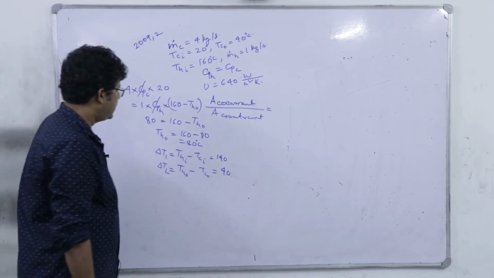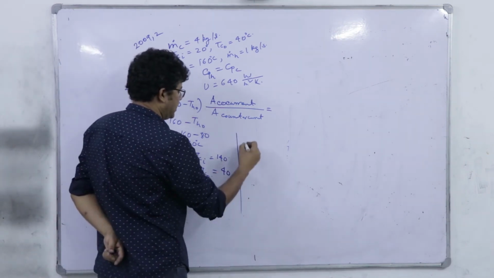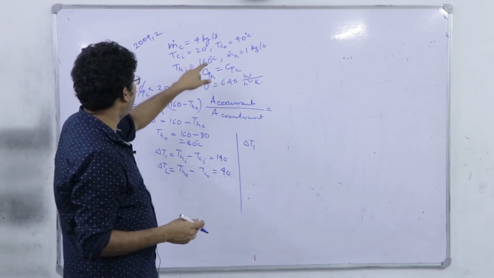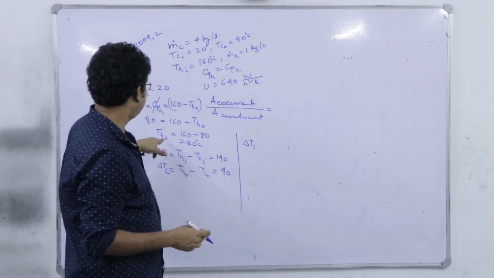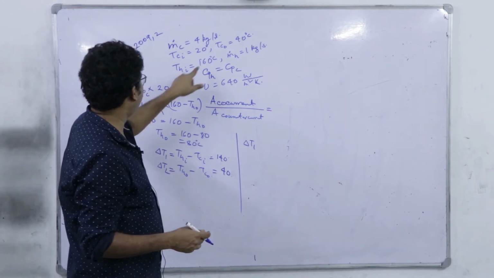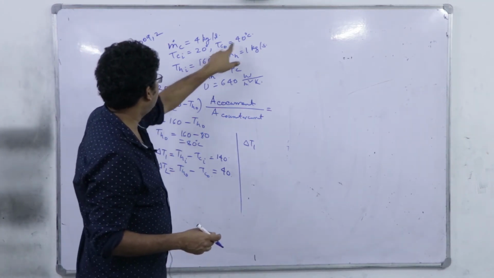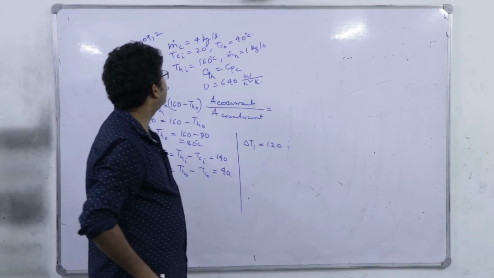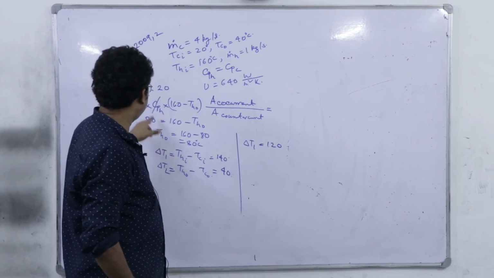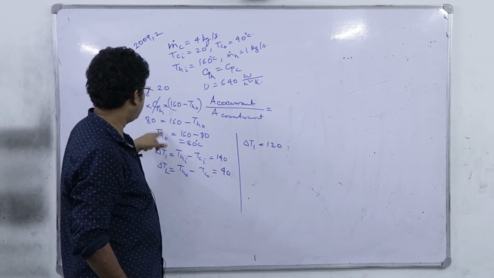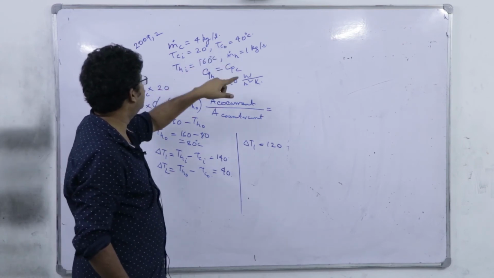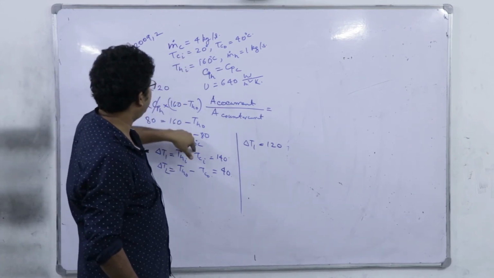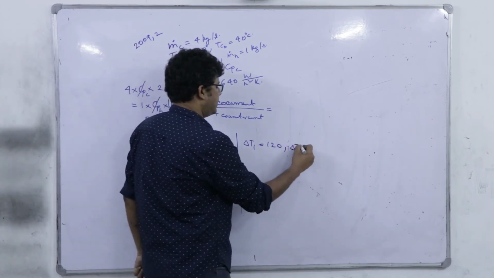So, next for counter current calculations, delta T1. So, inlet of hot fluid is at the outlet of cold fluid. Outlet of cold fluid is 40 degree, and hot fluid is available at 160 degree, right. So, 160 minus 40 equal to 120. Okay, and THO and TCI: 80 minus 20, that's equal to 60.